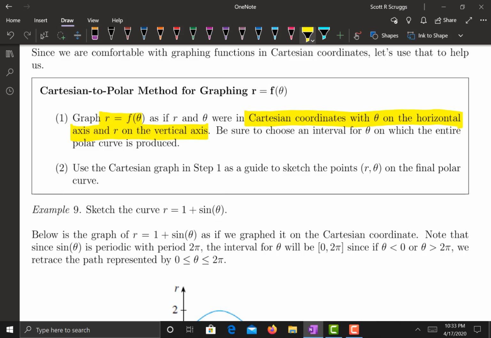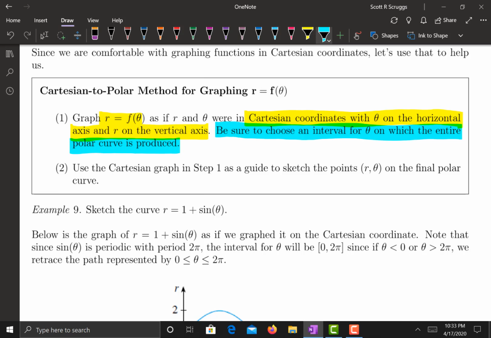Now, one thing that is helpful is to make sure that when you're working, you choose an entire interval where this curve is produced. And that's going to be determined